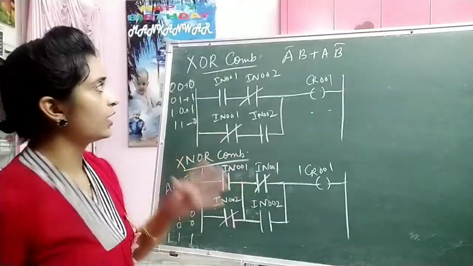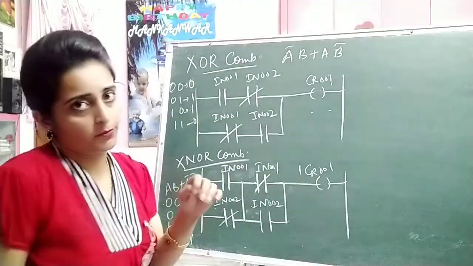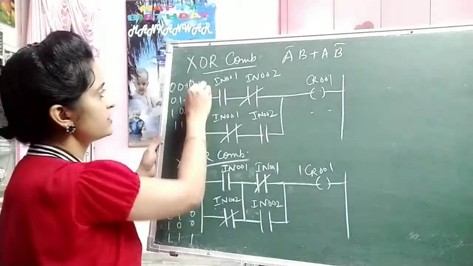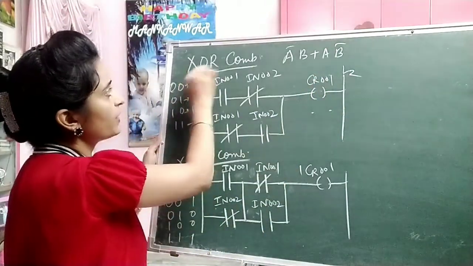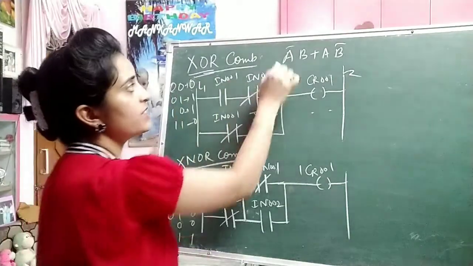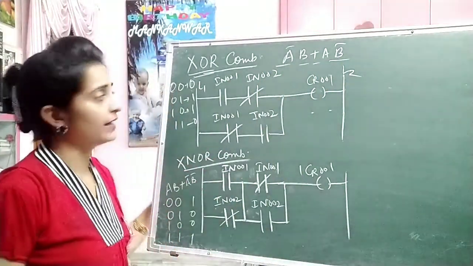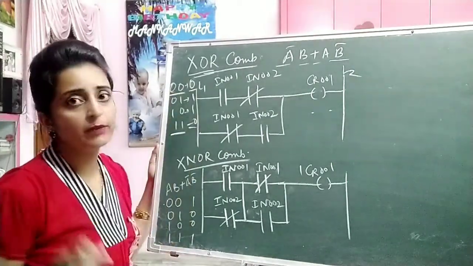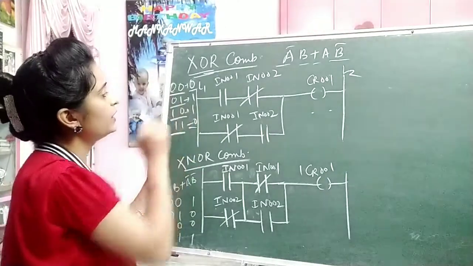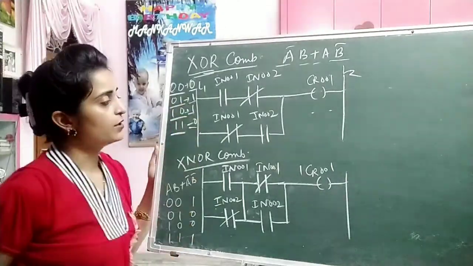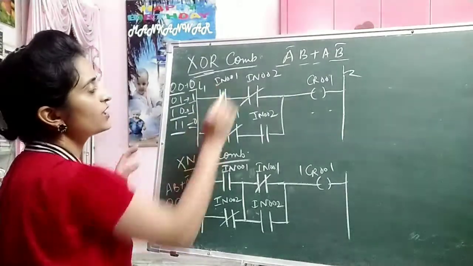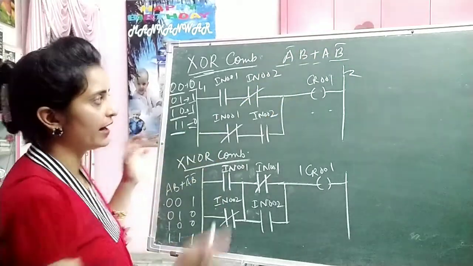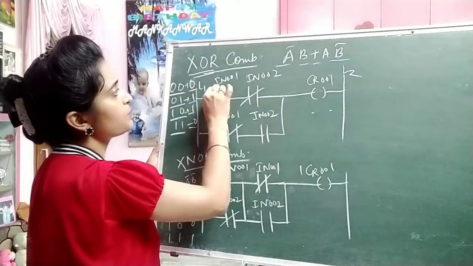Now this one is the XOR and the XNOR combination, which we can also make with the help of our inputs. Here we have L1 and L2. If we need to make the XOR combination, we all know that XOR means A bar B plus A B bar. That means whenever there are the same inputs, the output will be 0, and if there are different inputs, the output will be 1. So we have used the combination of inputs in an opposite way, as A bar B and A B bar. What we have used here is IN001,